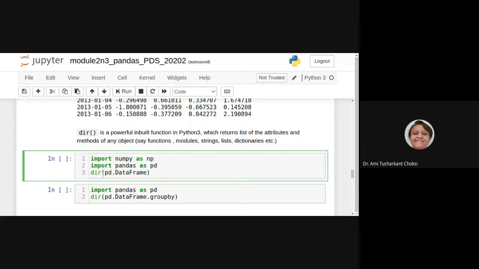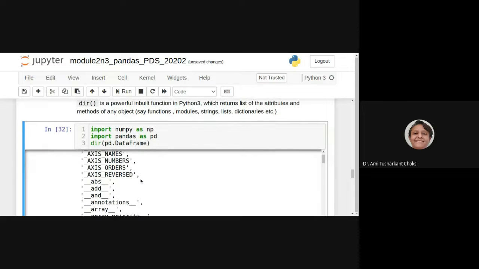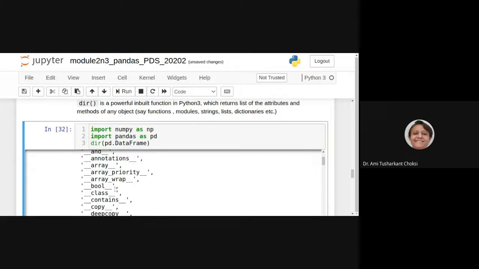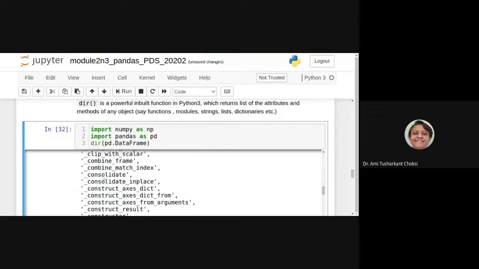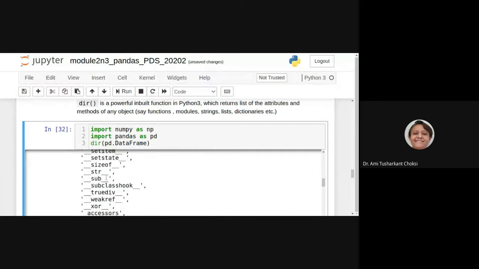That is dir of pd.DataFrame. We can see we have array, bool, class, div, copy, many things, all starting with double underscores.